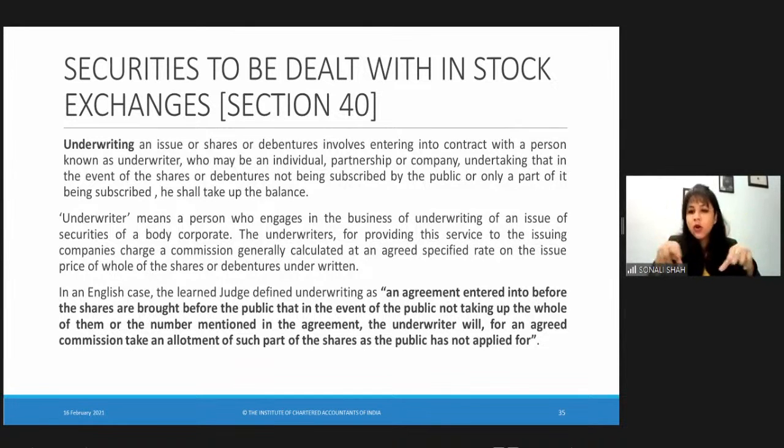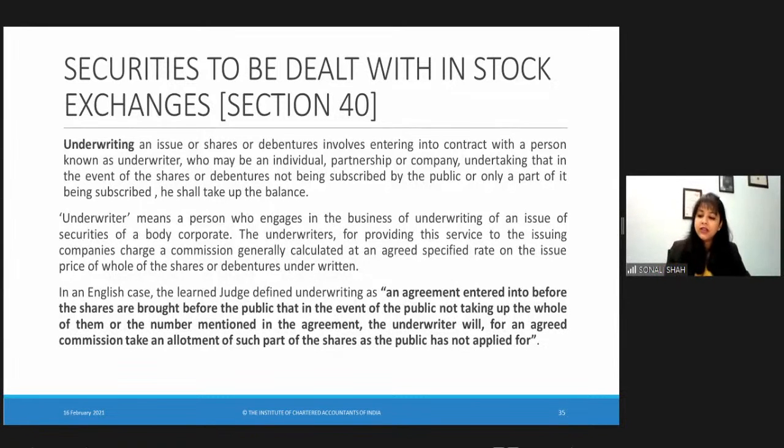A few things we need to understand in the background. Question number one: why is a company bringing a public offer and diluting its shareholding in the company? The company is doing that because it needs money for operation of its business, for expansion, for adding a new vertical to the business, for increasing its sales network, its distribution network, right? It is doing it for money. So whenever a company is doing something like this for money, it would want the public offer that it is making to be successful.